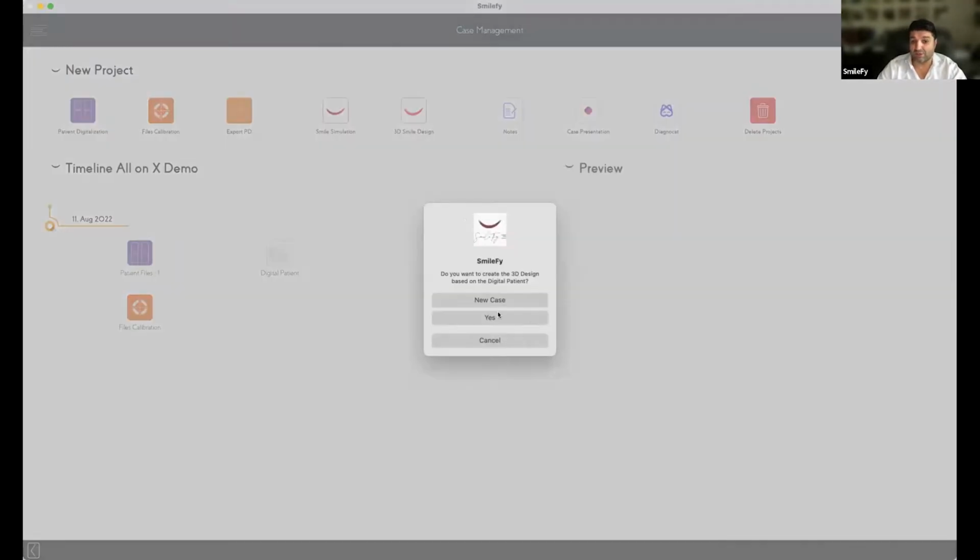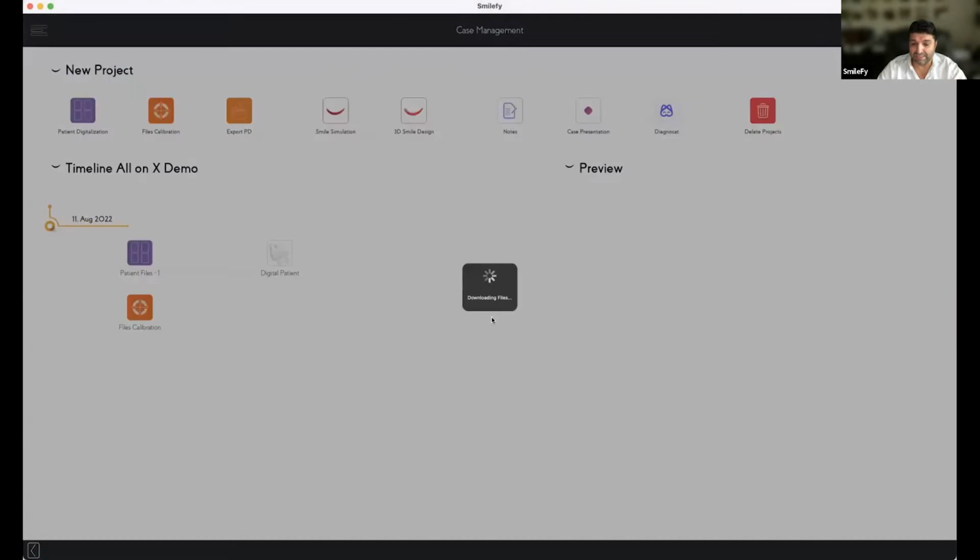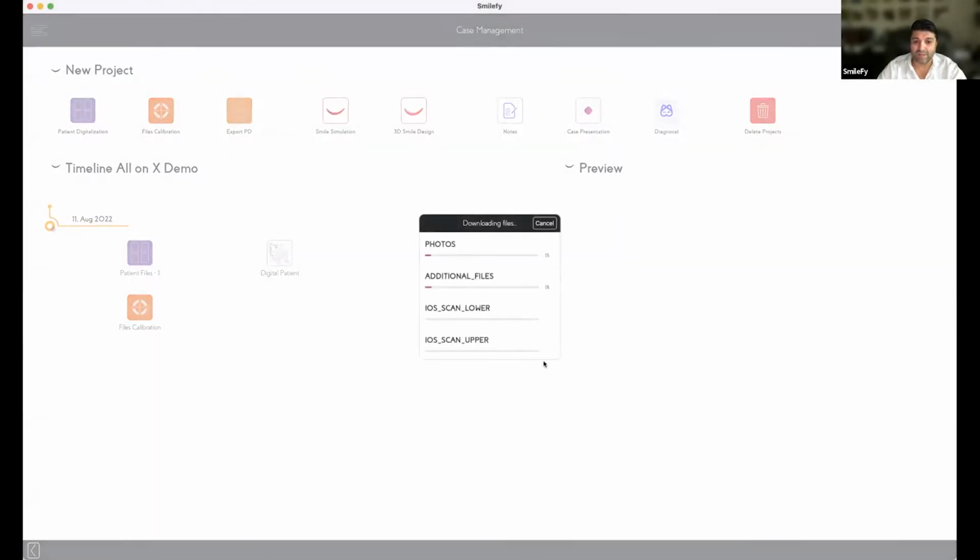So let's start with the 3D smile design. This case is very tricky because we start with the calibration of the scan, and we have some visual references of the palatal area, which we're going to use to set the occlusal curve.